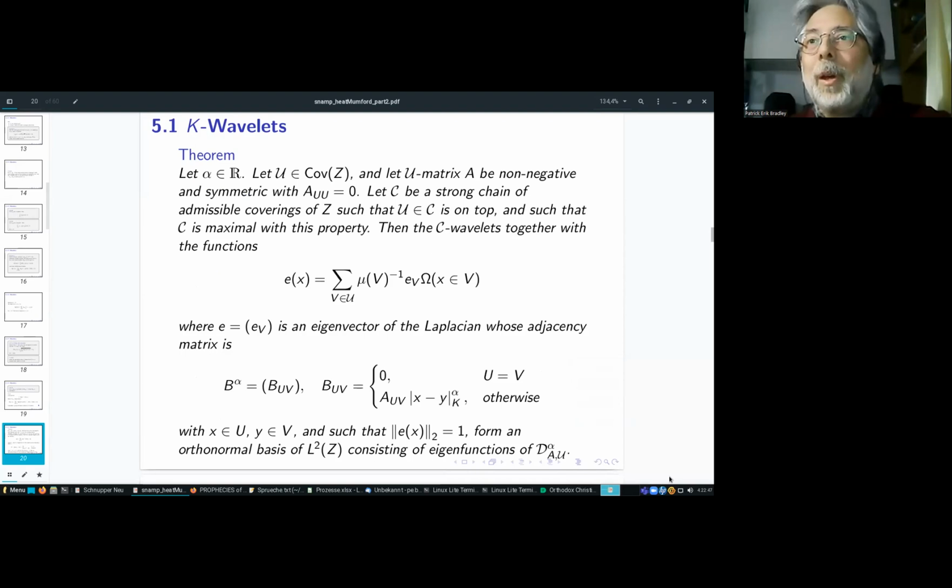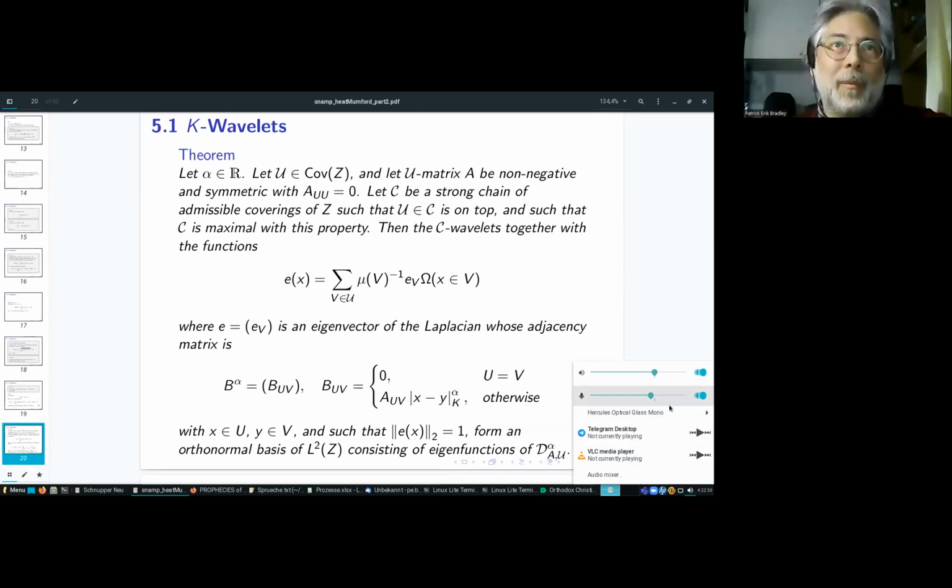And now we come to our first theorem. Namely, if alpha is real and you fix a disjoint covering of Z with whole disks, and take a matrix A non-negative, symmetric, and with vanishing diagonal, then take C a strong chain of admissible coverings of Z, of the same type, such that U in C is on top, and this chain C is strong and maximal with this property that U is on top. Then the C wavelets, together with the functions coming from eigenvectors of the graph Laplacian, whose adjacency matrix is given by A_UV times the distance between U and V to the power of alpha, and those eigenvectors are normalized to 1,